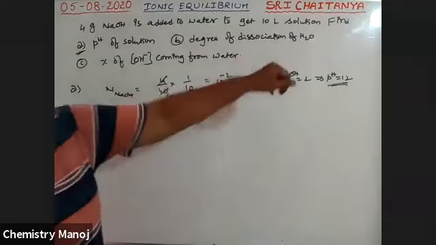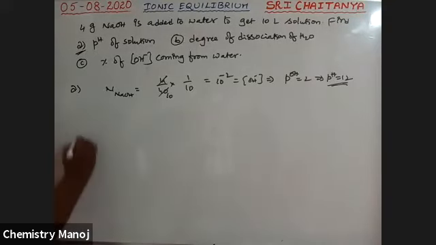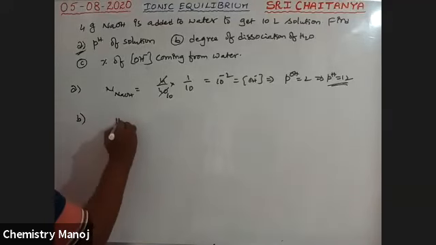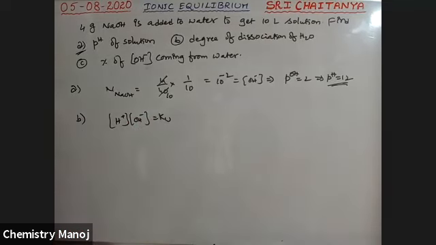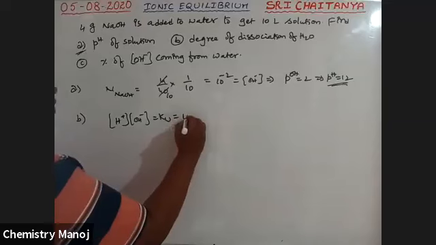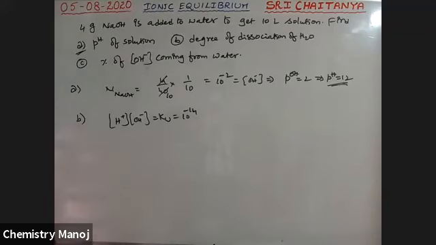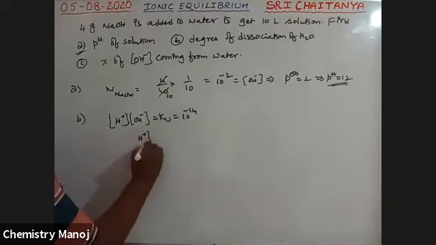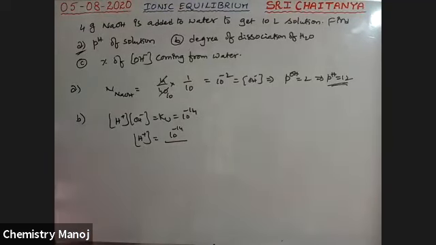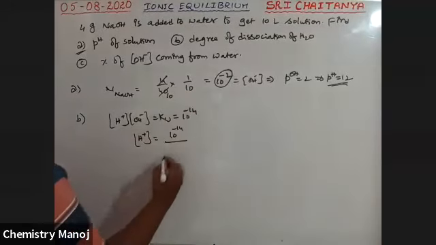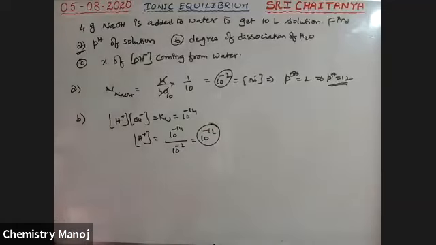Now, the degree of dissociation of water. So we know, I am calculating the second one, H plus concentration times OH minus ion concentration is equal to Kw, which is equal to 10 power minus 14. No temperature is given to you, so we automatically use 25 degrees centigrade. From this, H plus concentration is equal to 10 power minus 14 by OH minus ion concentration. How much is the OH minus ion concentration? It is 10 power minus 2. So 10 power minus 12 is the H plus ion concentration.